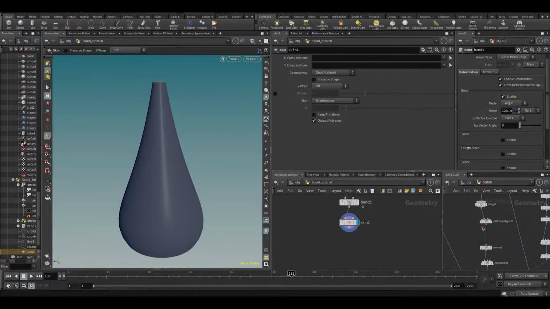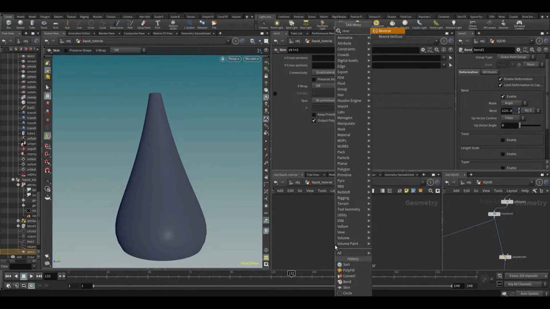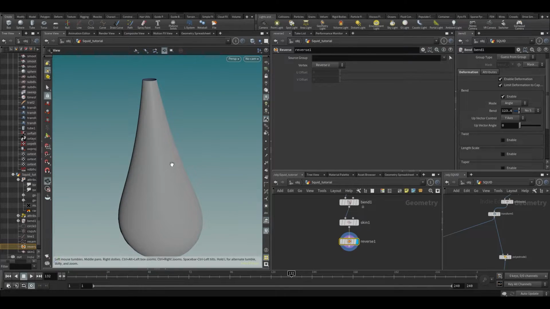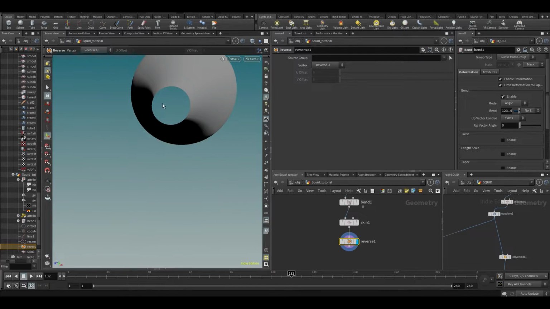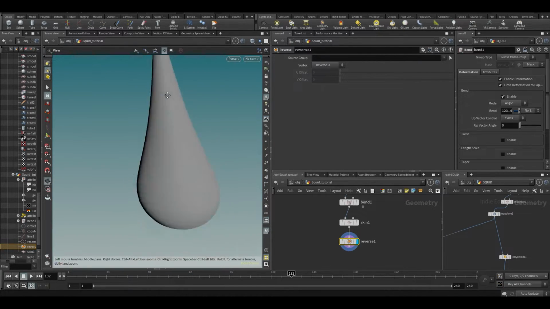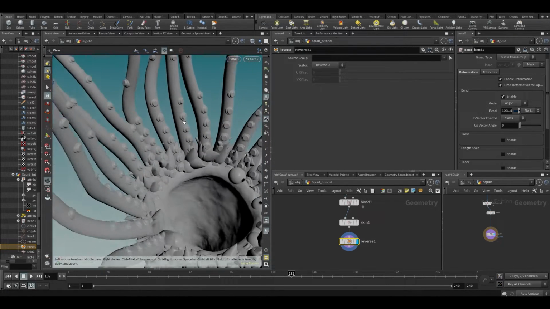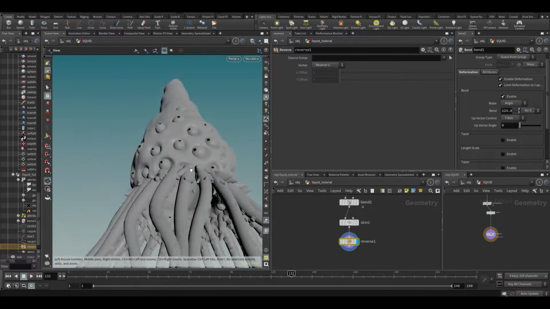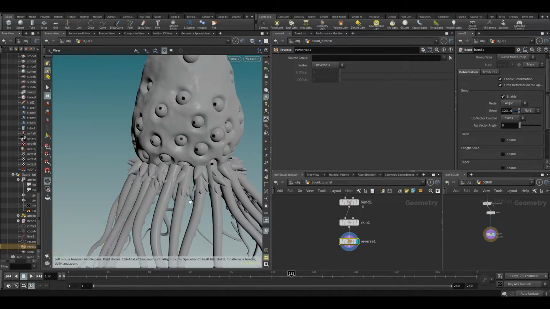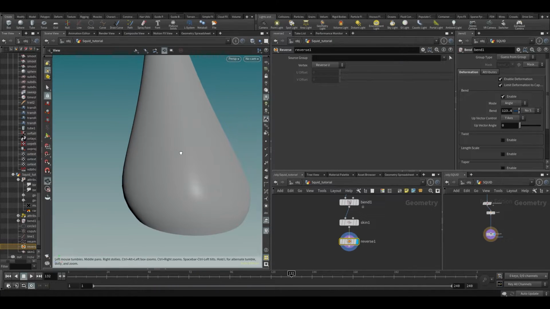Right, so now we're going to do something that I actually didn't do in my original thing. First we need to reverse this, so we get our stuff nicely pointing outward. But we have these gaps. And I do want to keep the gap on the bottom, because if we look at our original thing, it's open, and I liked how it's open. You could also have it closed, but I want to keep it open. I kind of like the way the light was bouncing through it that way. So